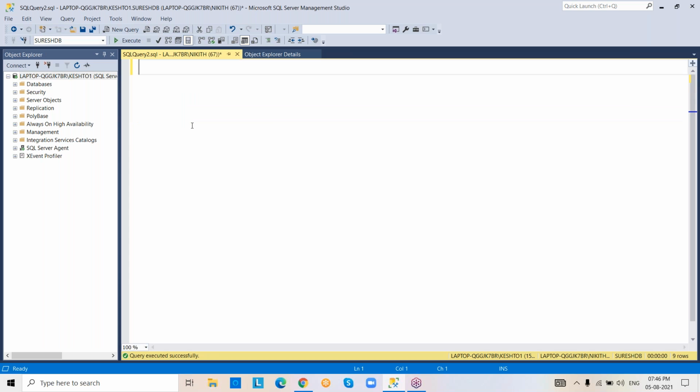Now tell me any doubts. Sir, this is Anand. If you delete a table from the database, can we get the table again? No. If you are deleting a table from the database, you cannot roll it back. Okay, we have to start from the first only. Yeah, you have to create the table again. Okay, thanks.